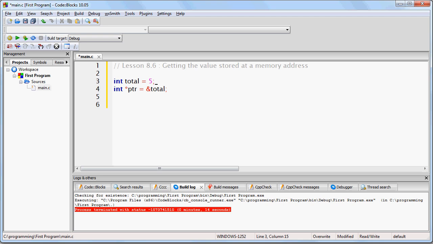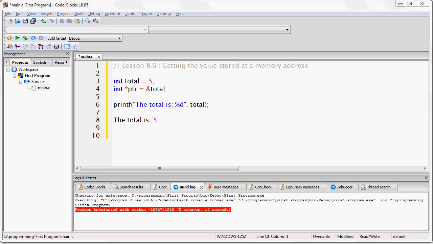Secondly, we are creating a pointer called ptr and giving that pointer a value of the memory address of the variable total. Because the value of total is 5, if we were to run this command, this function, the output would be